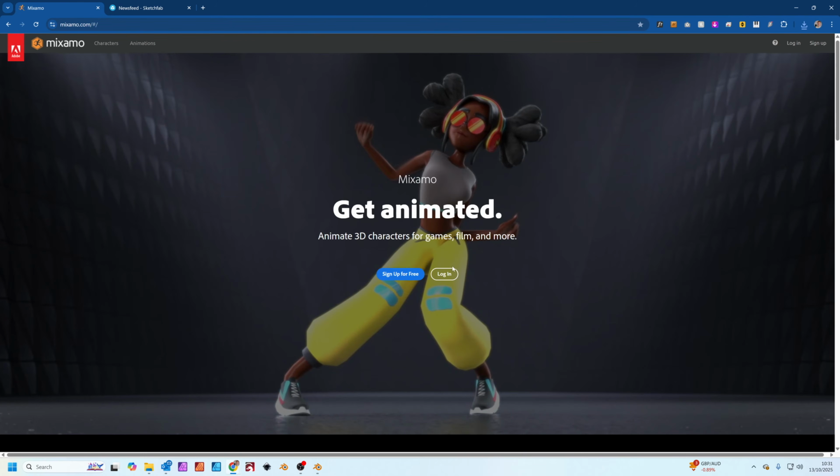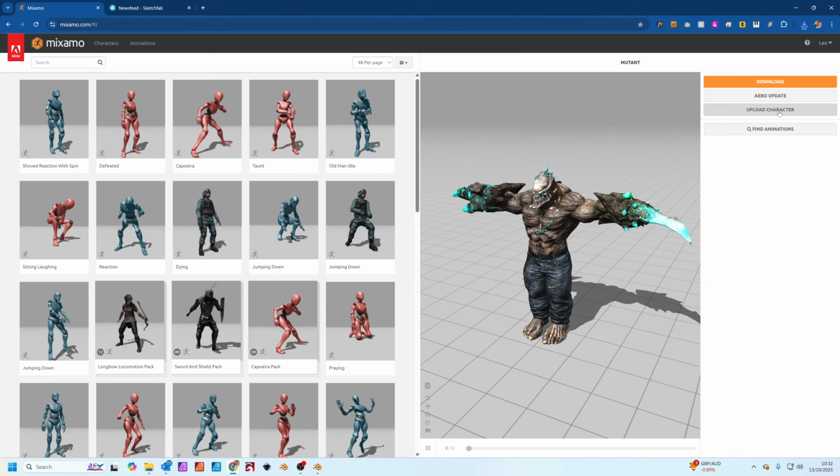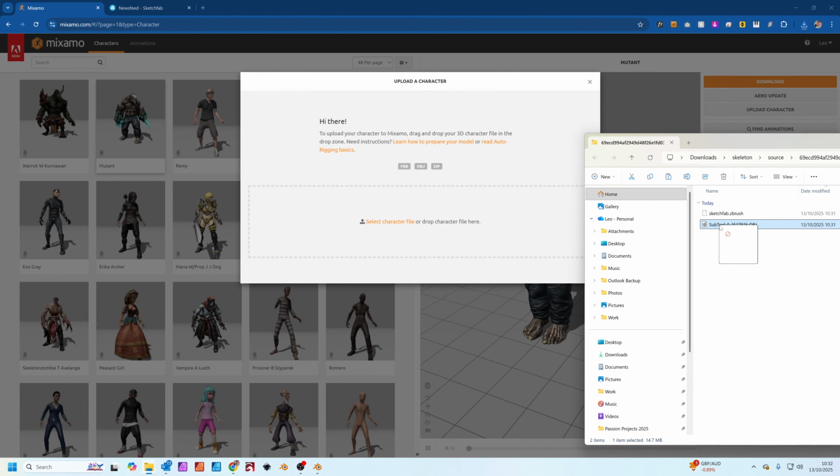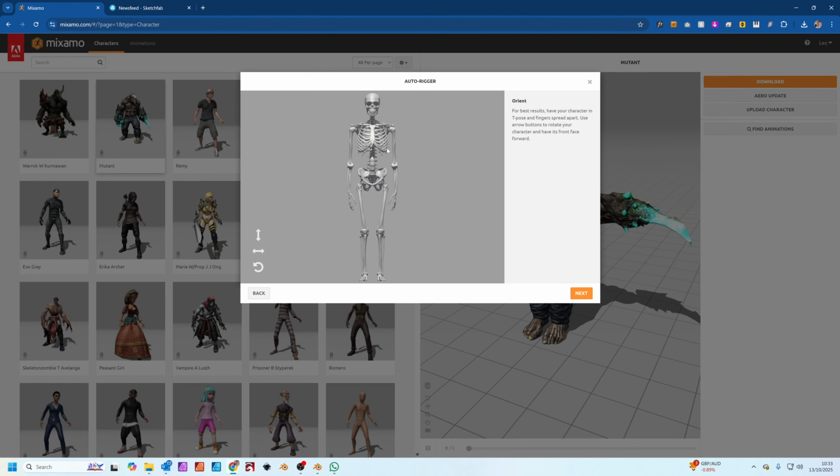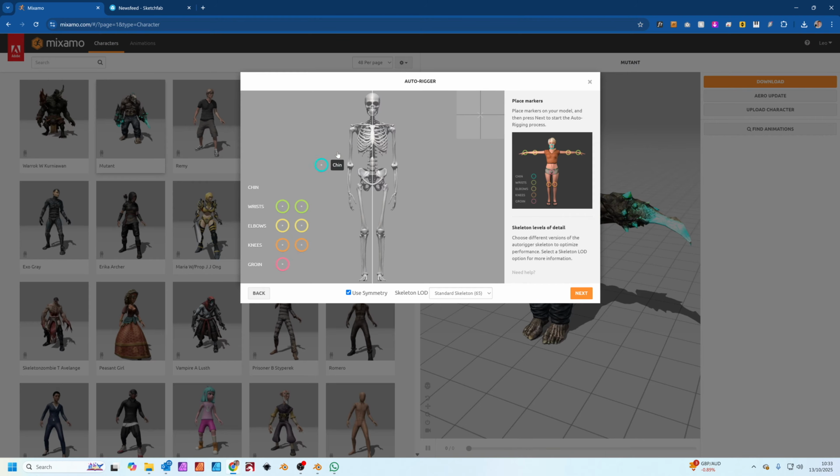Heading over to Mixamo. Now we're going to click upload character here on the right, and the OBJ file we've just unzipped, just drag that over here. Okay, once it's opened in the auto rigger, these buttons just help reorientate the model if you need to, but this is perfect. Click next, and now we just drag these markers onto the correct part of the body, the wrists, the elbows, knees, and groin,